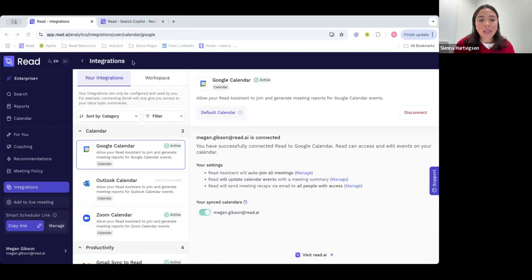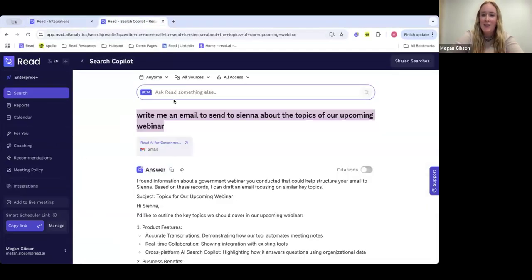So examples of this would be, we use it internally, for example, we use HubSpot. So I will use this to push tasks to HubSpot or be able to ask Search Copilot questions and have it pull in that HubSpot information, do task management, for example, in Notion, Confluence, or Jira. So yeah, thanks for pulling up this integration space. How does it feed into Search Copilot, Megan? Yeah, so that is the great thing about Search Copilot, it can literally search across all of your different information.